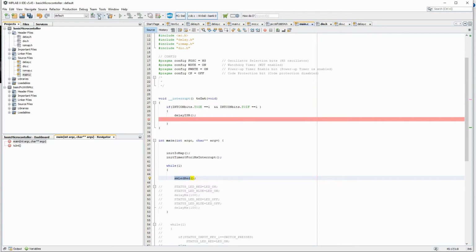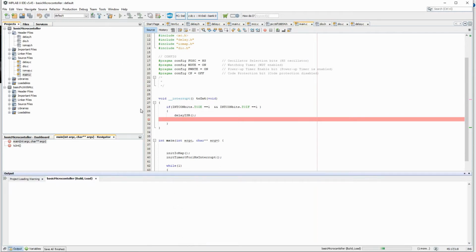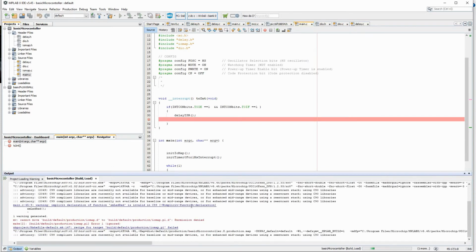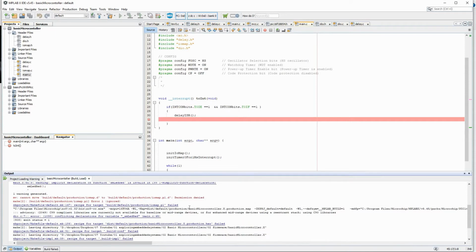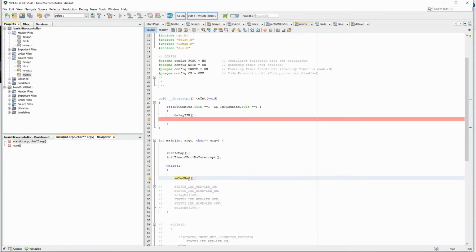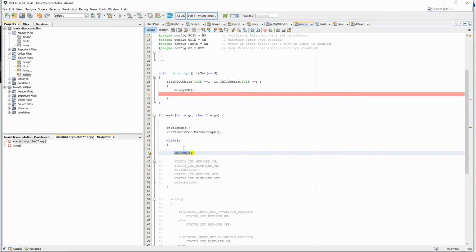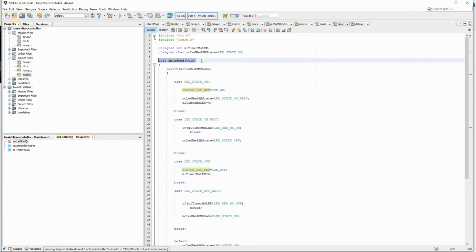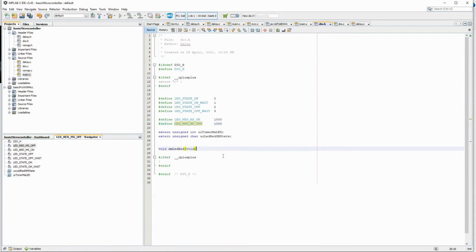Let me just build it and see if there is any error. There is an error. Let me see what it is. It's telling DIO. There is a function. I think I have not prototyped this function in the .h.